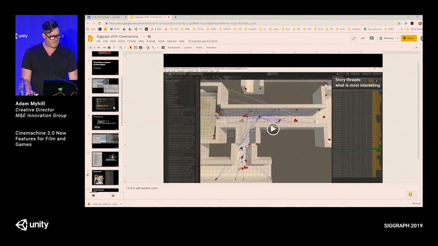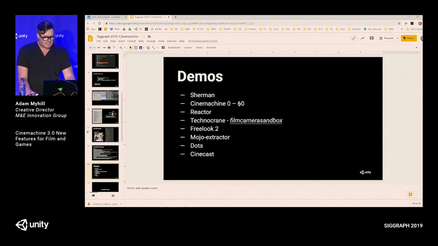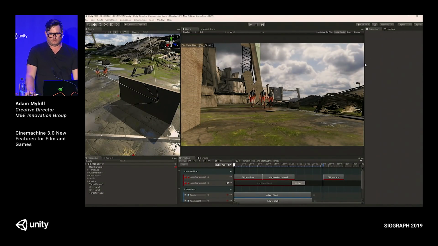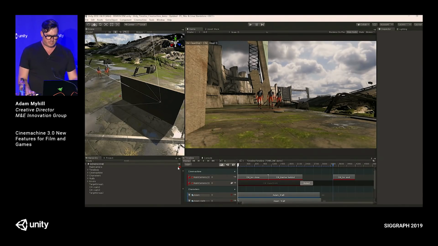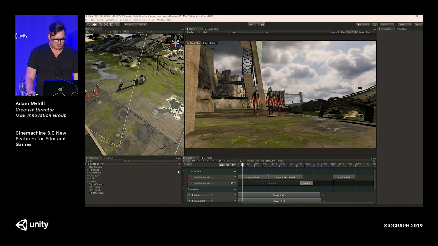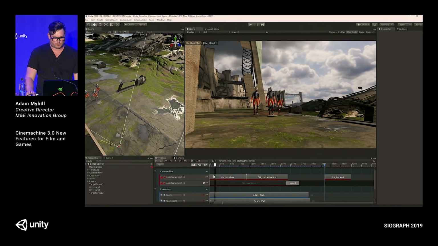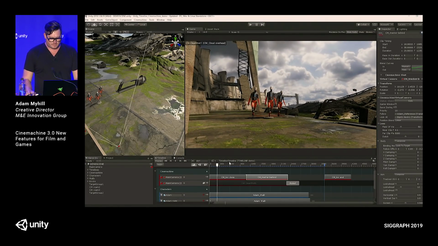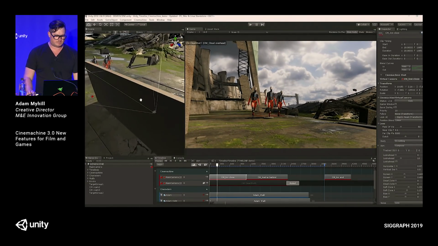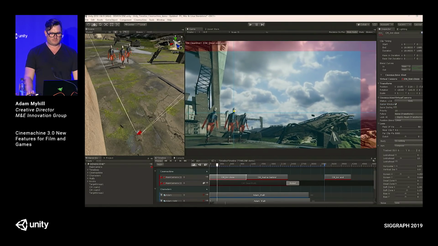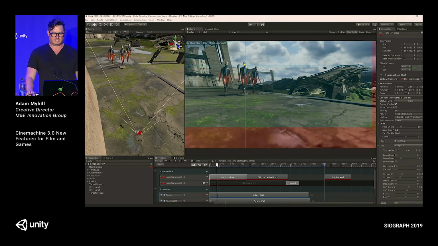That's jumping way ahead. Okay. So what is Cinemachine? I've done this demo before, but I just want everybody to get it. What are procedural cameras? So here's timeline, you guys know that. These are procedural camera clips. There's no camera animation in this scene. This clip is this camera, and we're saying, look at this dude's head, and put it here on the screen, but you can say wherever on the screen.